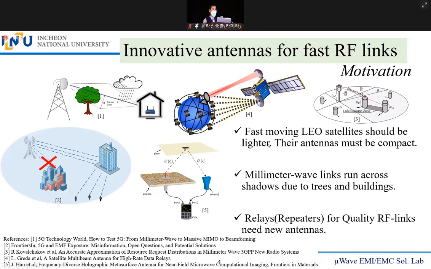Here you can see some familiar or unfamiliar pictures. Maybe as students or researchers from the communication society, this picture and all the way to the picture on your right-hand side are quite familiar to you. Why? These pictures were sketched by the 5G or fast data transmission rate pursuers. You can see the antenna or repeater mounted on the top of the tower, and this sends the signal to the receiver here.